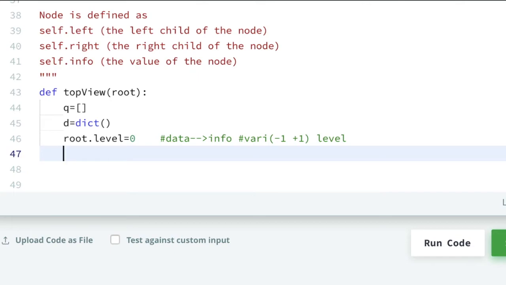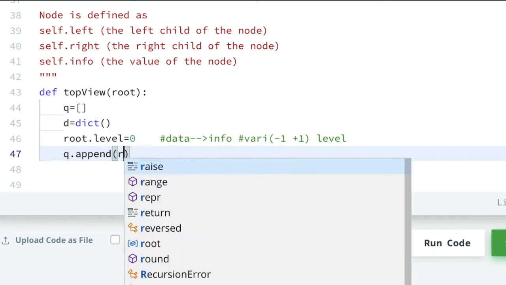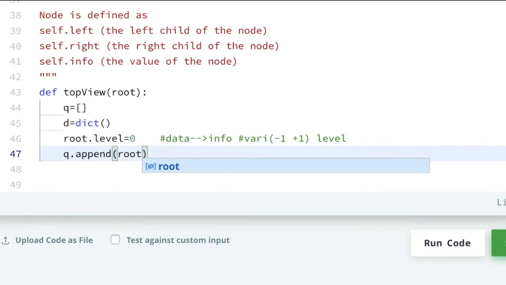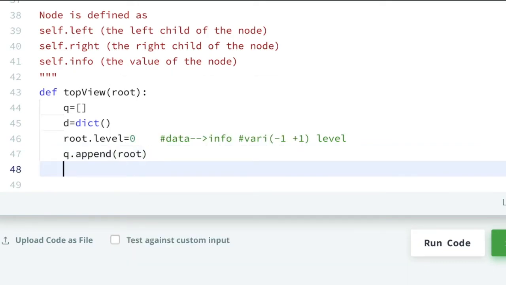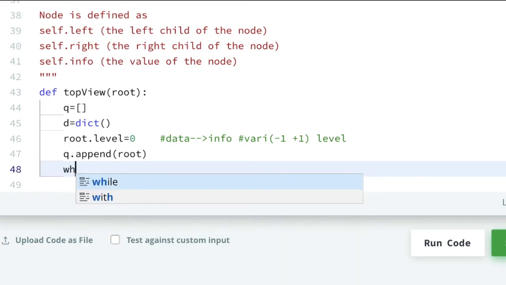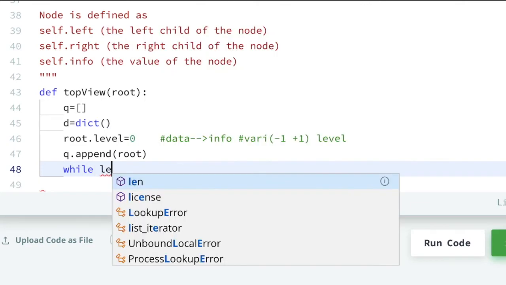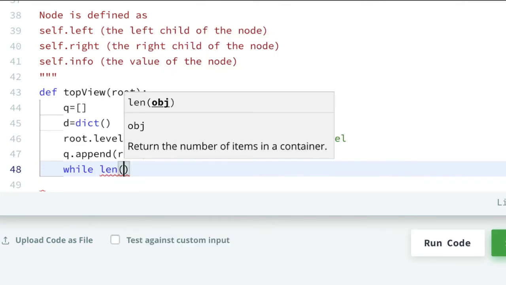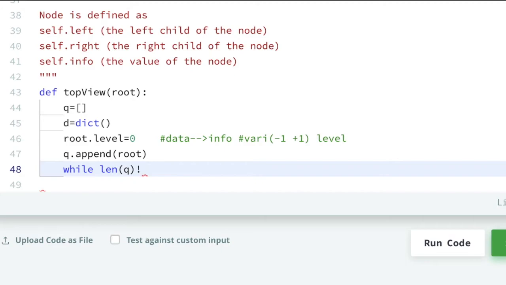Now our main task is to empty the queue. So before that let us assign queue dot append the initial node, which is root node. Our main task is to empty this queue, so let us use a while loop: while length of queue not equal to 0.